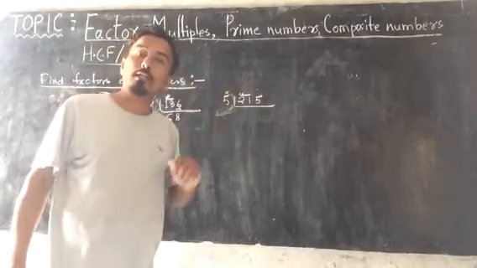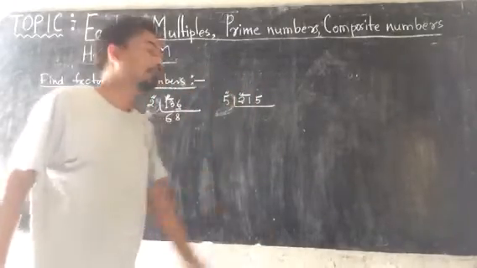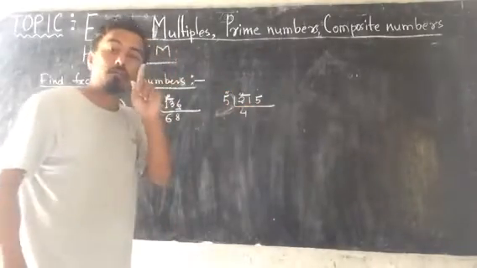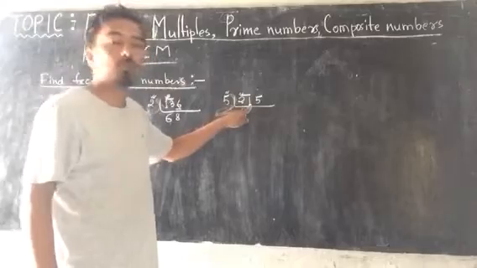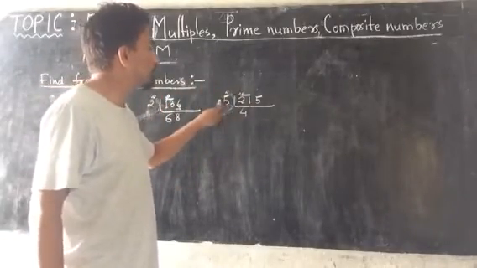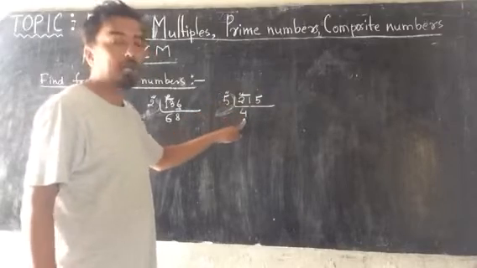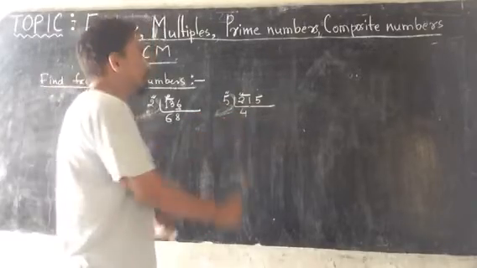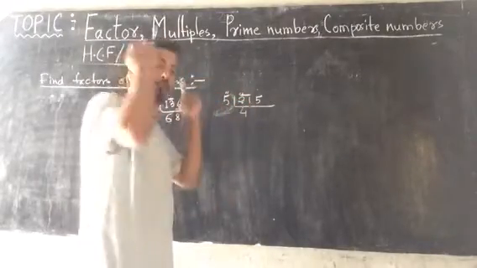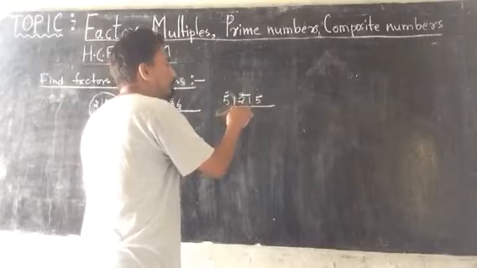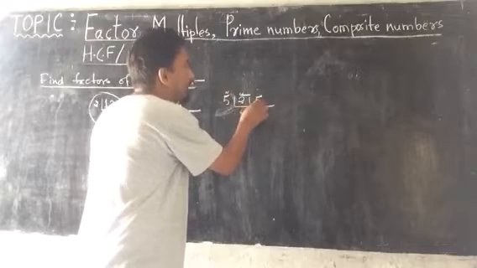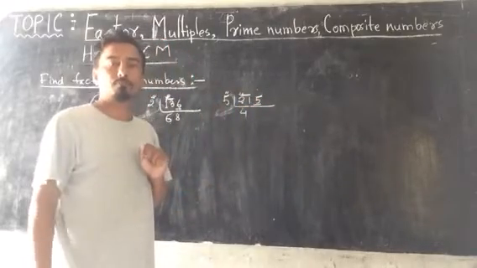5 4s are 20, 5 5s are 25. So 4 times you can divide. If you do 5 times, it will come to more than 21, so you cannot do 5 times. You have to do 4 times. 5 4s are 20. Now you subtract that 20 from 21 orally, in your mind. From 21, if you subtract 20, you get 1. That 1 will be carried here and it will become 15. Got my point?